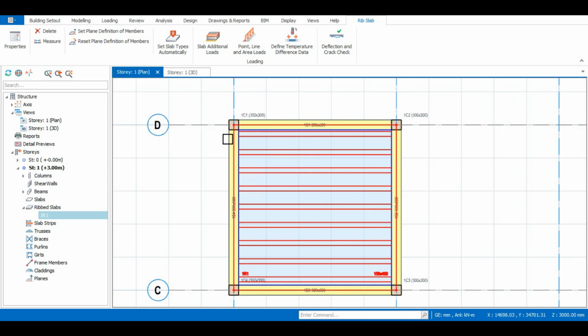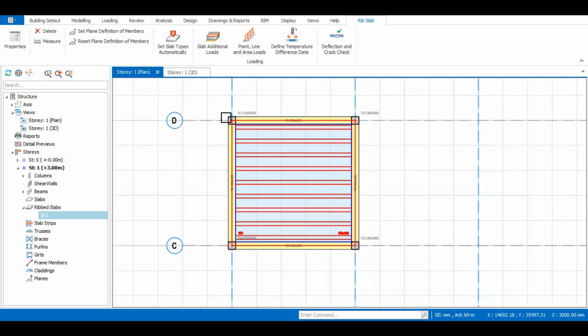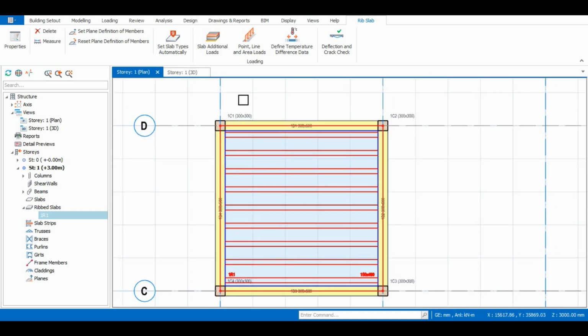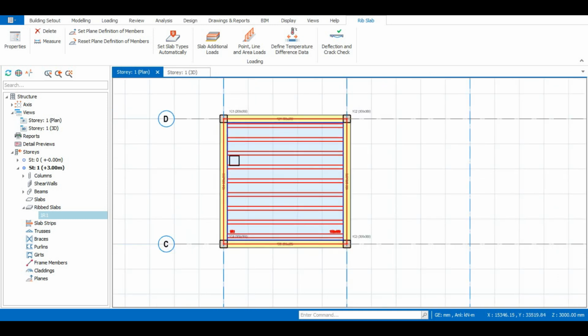The more accurate way is to draw a slab strip on each rib. That will give you a more accurate result, analyzing each rib individually. Whereas you could also choose to draw a single slab strip on the area you find to be most critical, which we consider the rib around that region,